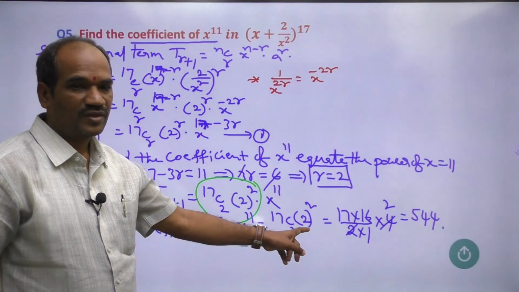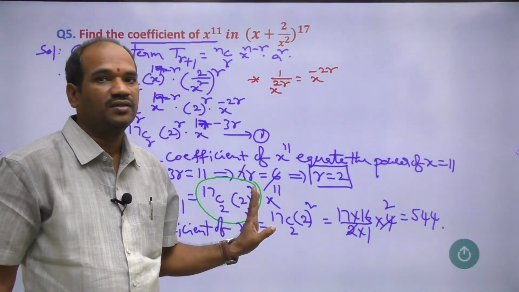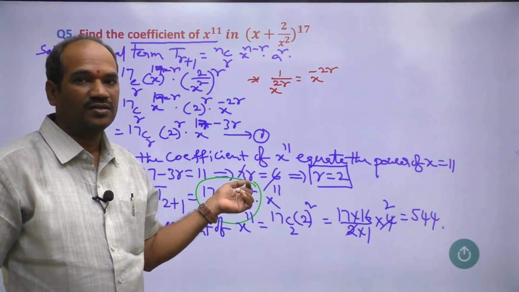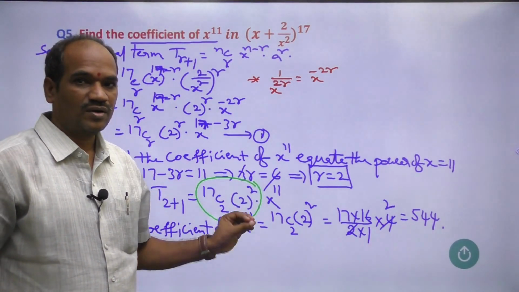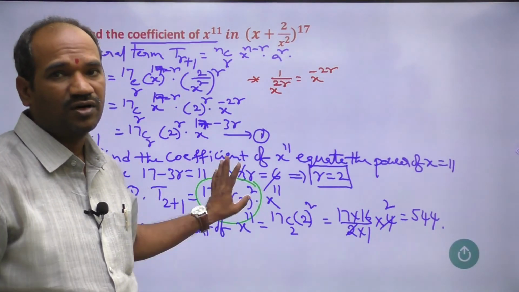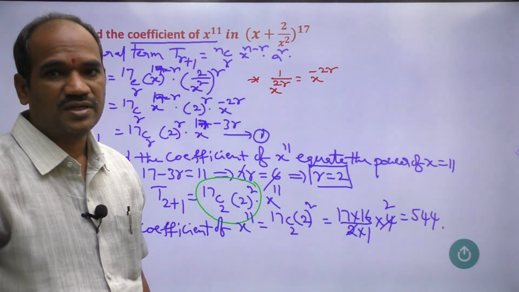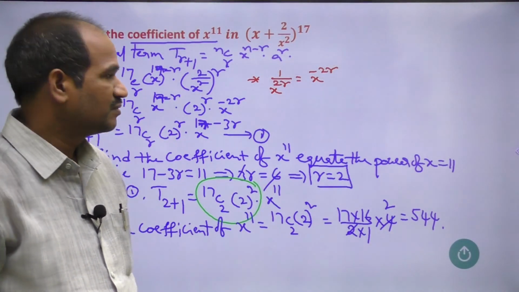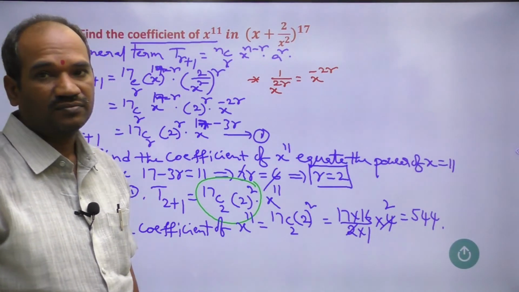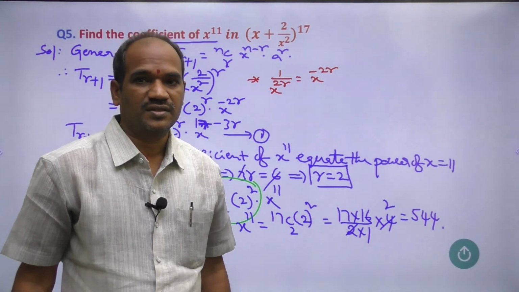See here, all the problems follow the same procedure, no change. Today you also practice all the questions one more time. One question is compulsory in the final exam. The chapter is finished. In this model, one 5 marks question is compulsory, question number 39 in your question paper. Write this question. Okay, today's class is finished. Next continuation in the next class.